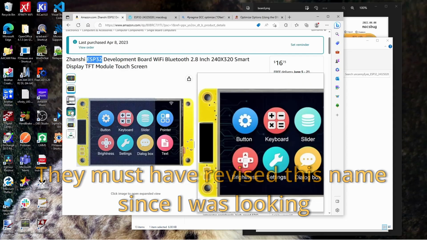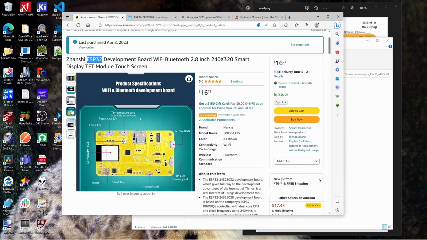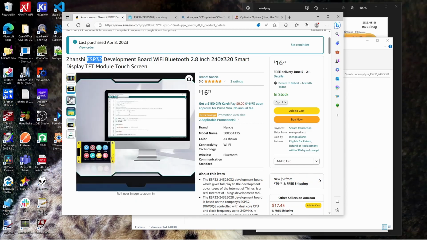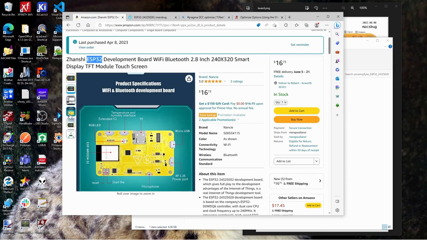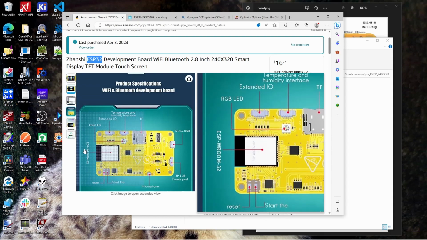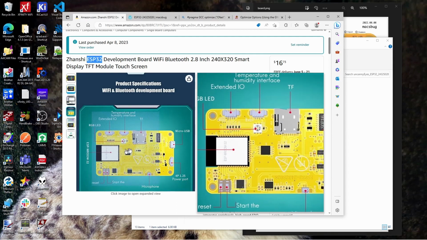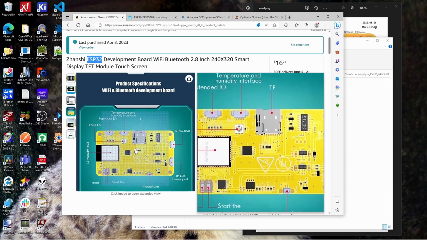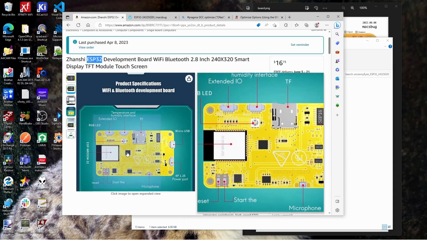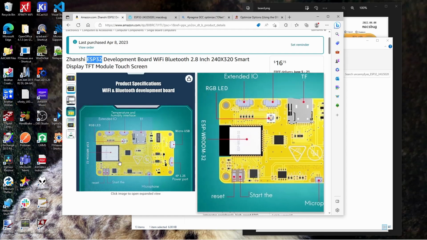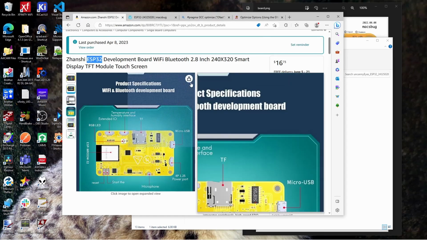Or actually, I think what I did was flip through the images, and I noticed there was an ESP32 on the back of this display, and look at this. There's also a TF SD card writer, and look at the price,